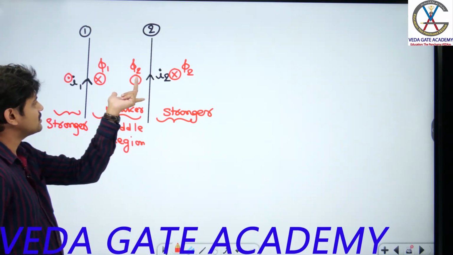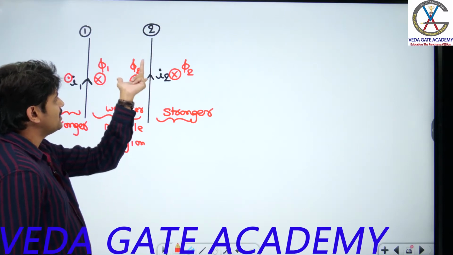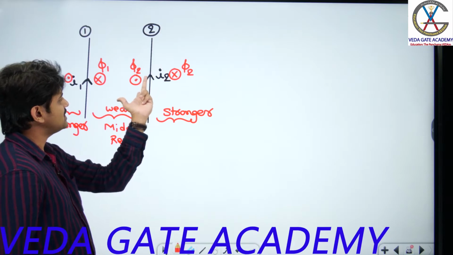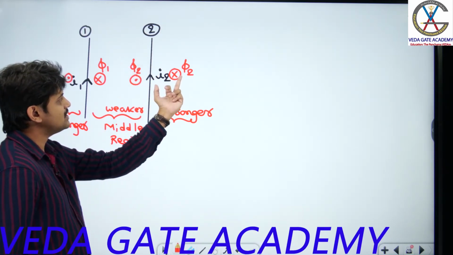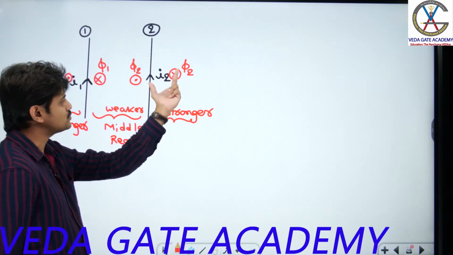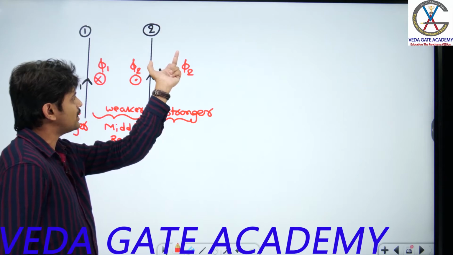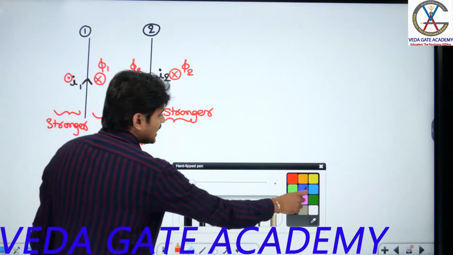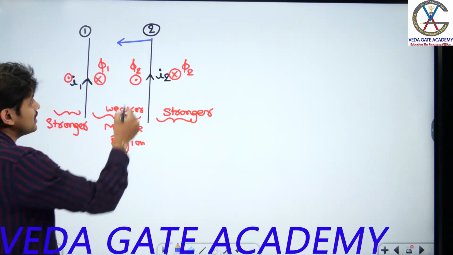So this is my direction of current. My center finger is into the plane or out of the plane? Into the plane. Sorry, my center finger is the current direction, which is in the upward direction. The direction of flux is into the plane or out of the plane? Into the plane. So my forefinger is into the plane. So my thumb is showing towards which direction? Towards the left hand side. So we can say the force acting on this conductor 2 is in this direction, guys. Are you following what I am conveying?